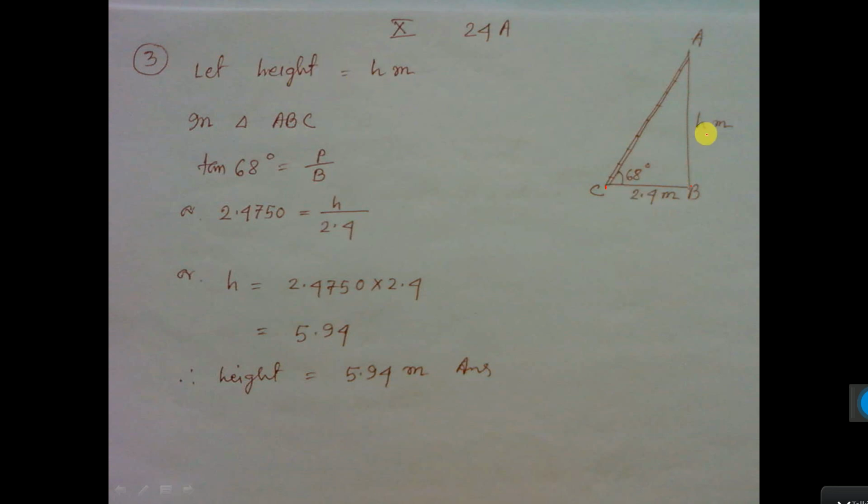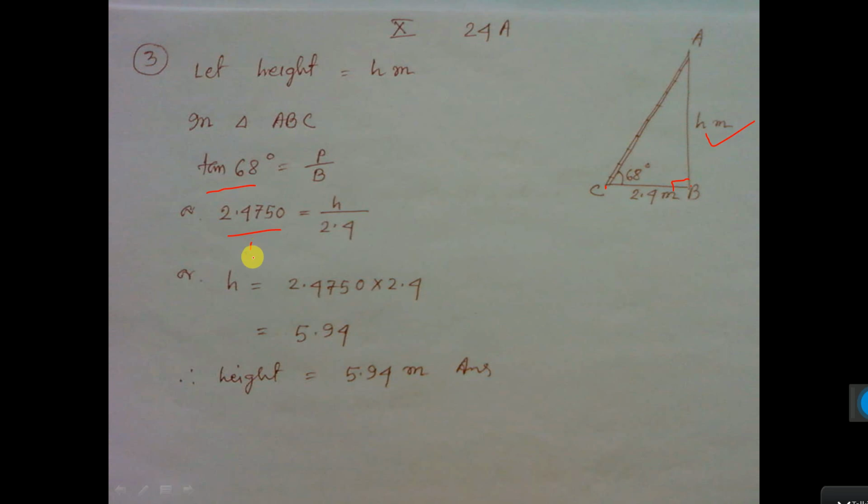Height you consider s meter. Then this is the triangle, this will be 90 degree. Then here again perpendicular by base. So tan 68 degree is perpendicular by base. Tan 68 degree value is this. You no need to memorize. In your book, at the back side, at the end you will see the tan value is given. See from there and put the value. In the examination, one book will be provided. You can see this tan value and put it there. So this one no need to memorize.